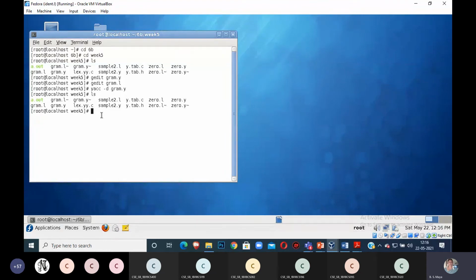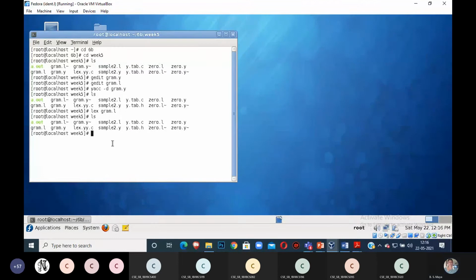Now all our C programs I have to compile using the C compiler: cc y.tab.c lex.yy.c -ll -ly. Okay, this is the command. You can give any order; this order can also change. You can give lex.yy.c first or y.tab.c first. Any order you can give.